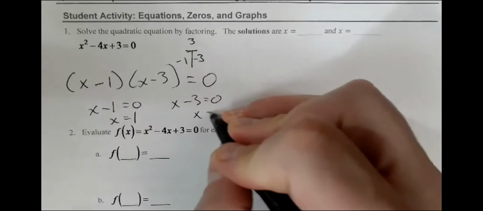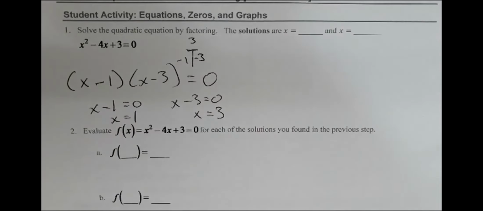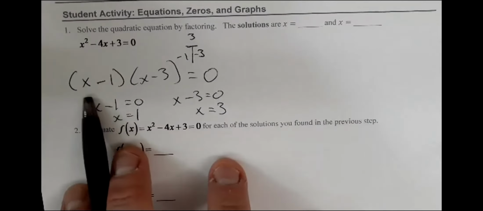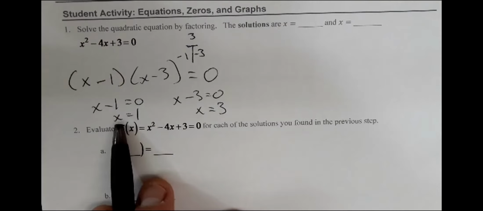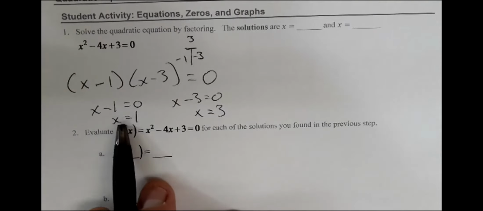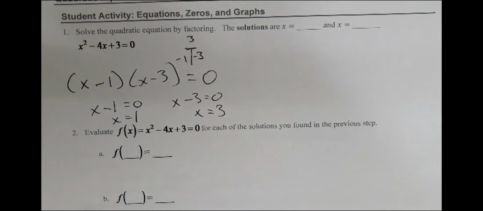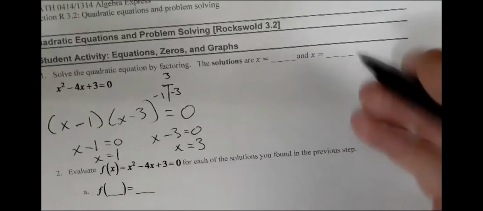So you might start noticing certain patterns with the factors look like x minus some number. When we solve and use the zero product rule, it's going to look like x equals that number. So the solutions are